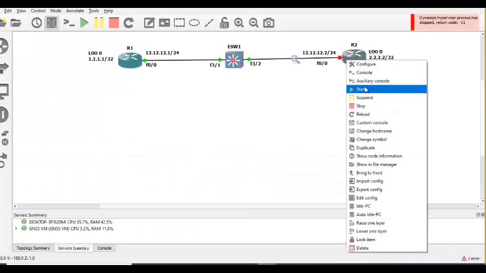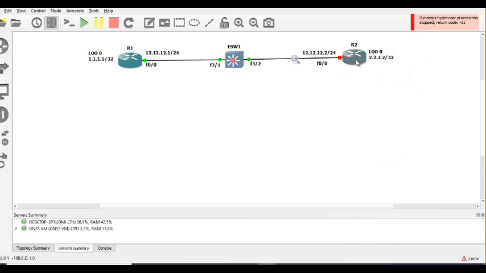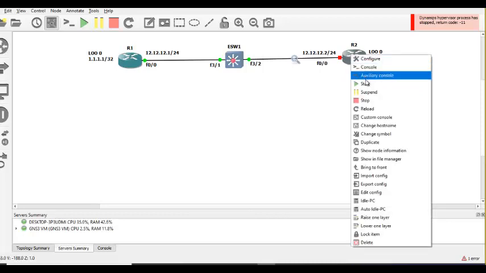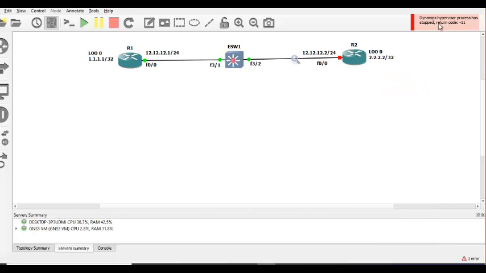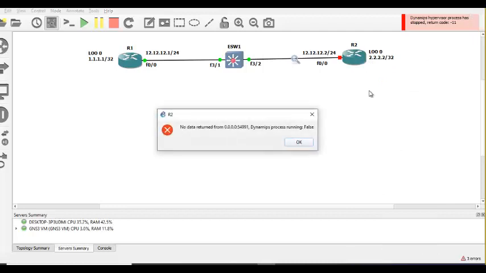I'll see the router has gone down actually. Shut down. I'll stop once. Even I have got a processor issue. You see, the Dynamips hypervisor process has been stopped. That's why you should not enable BFD. See, oh my god, it's a serious issue. Sorry. BFD